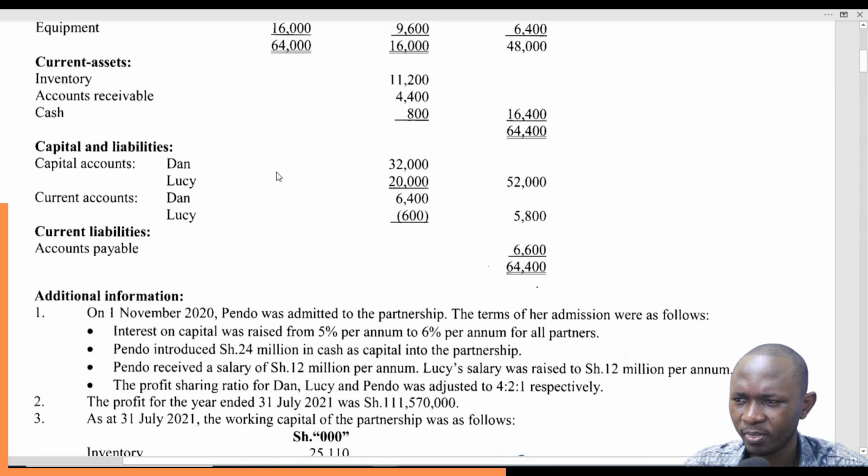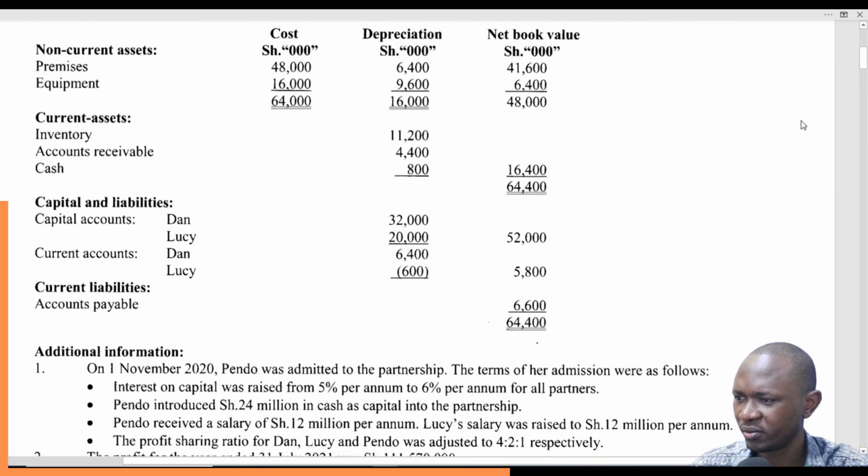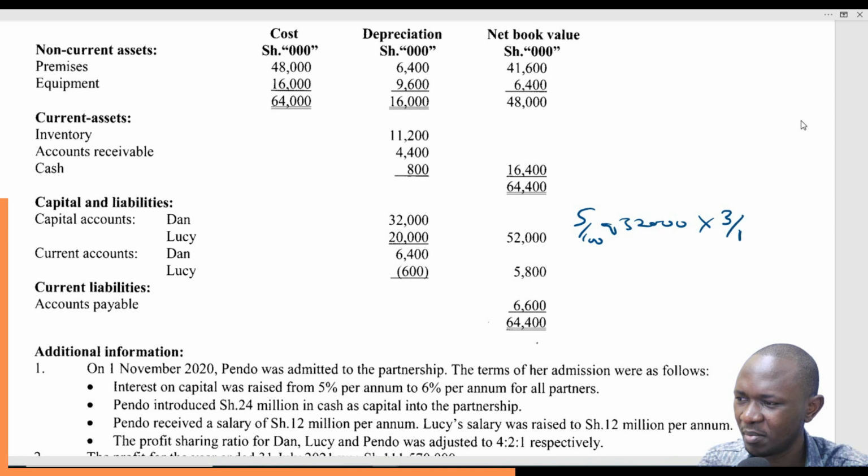Capital. For Dan, it's 32,000. For Lucy, 20,000. So 5%, I think let's work it from here. 5% of 32,000. This one will only apply for the first 3 months. And then for Lucy it will also be 5% of 20,000 times 3 over 12. So this gives us